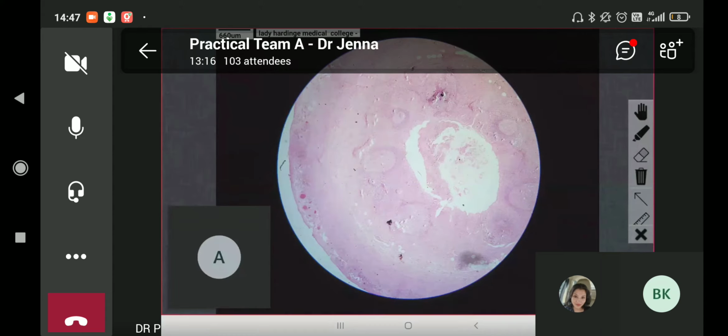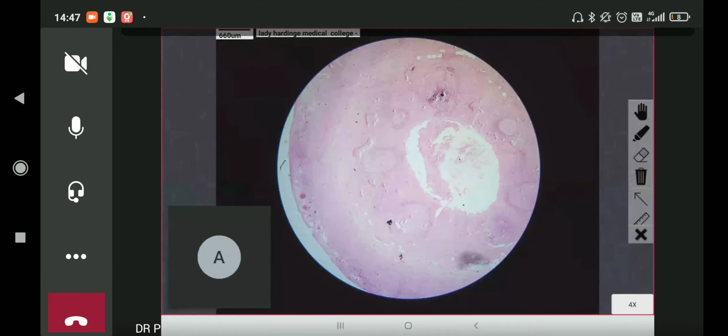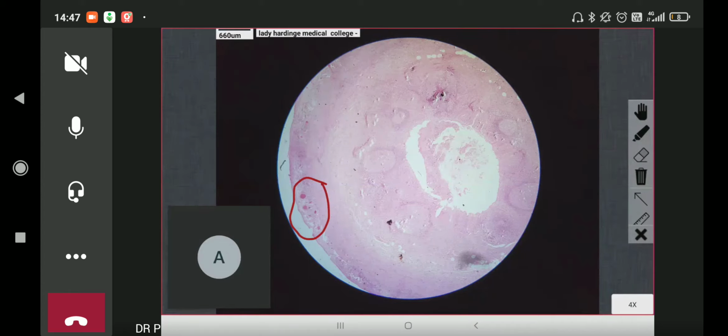Acute inflammatory infiltrate. So two parts: one is the cellular component and the other is the vascular component. I have already shown the vascular component. Now we would like to look into the cellular component. Where do you see the cellular components? And when I talked about accumulation, what did I teach? Which is the first line cell which will come?